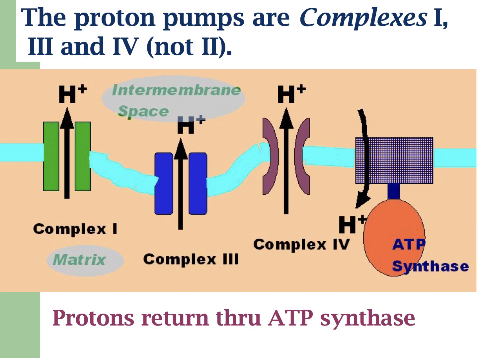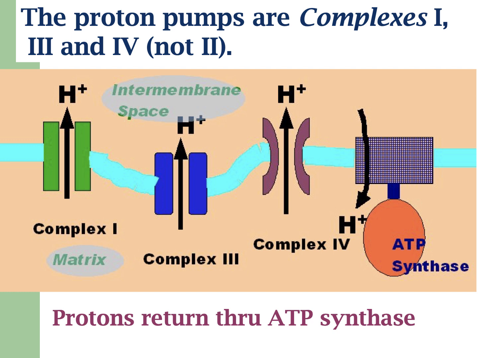In this slide, you can see the hydrogen protons are moving through the complexes into the intermembrane space from the matrix. Note that complex 2 is not involved. All we see is complex 1, 3, and 4. This is because complex 2 does not span the inner mitochondrial membrane, so it cannot move protons from one side of the membrane to the other. The hydrogen protons move back into the matrix based on chemical osmosis, high concentration to a low concentration, through the